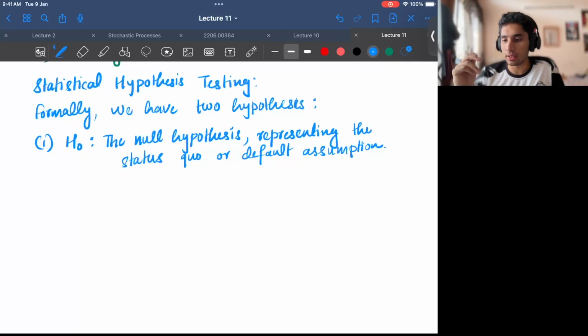Okay, now since you know that it's difficult to come up with a drug that cures cancer. I mean, there have been some recent claims, but till now there's not a lot of evidence for that. By default you will assume that any particular drug that you're testing will not be effective against cancer. That will be your default assumption, right? So that is your null hypothesis.